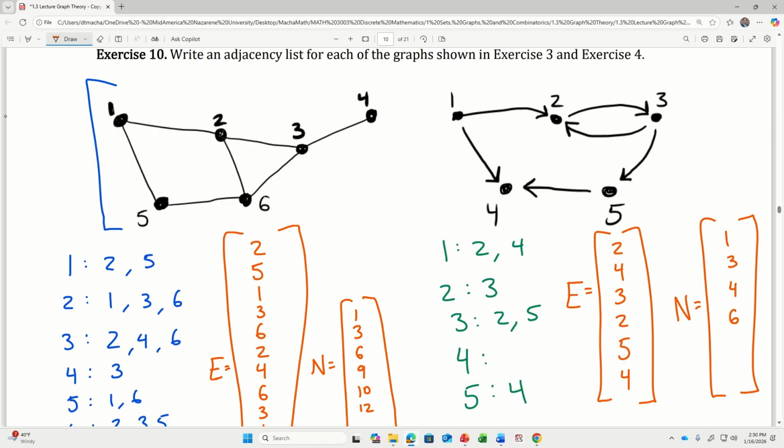6. Node number 5 starts at position 6. Because node number 4 is empty, you gotta still put something in there for node number 4, right? For the 4th position in the N list, it's gotta point somewhere. Well, if I tell my computer, look at all of the positions from 6,